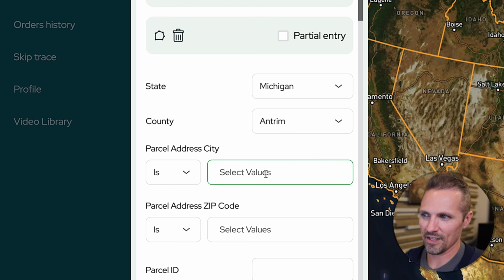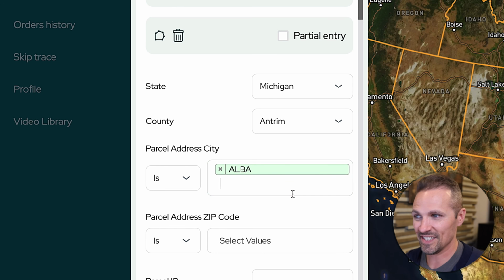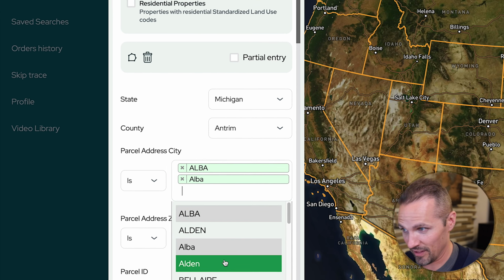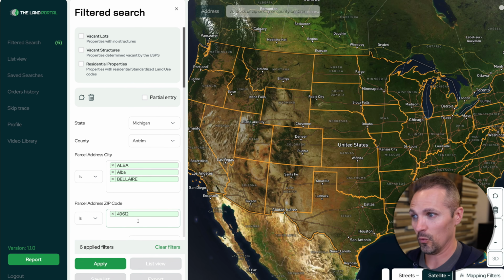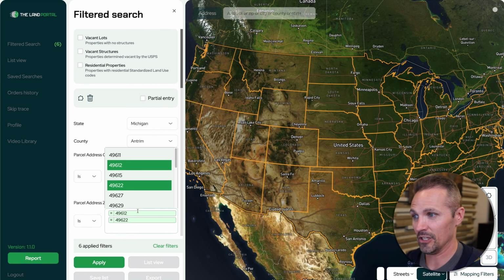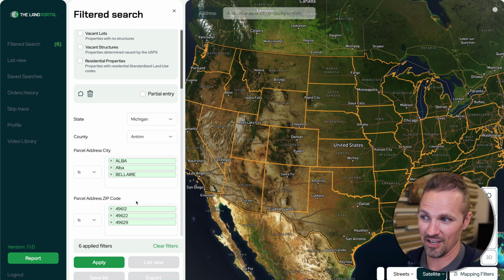And say if you didn't want to filter it just by the county, but you wanted to drill down to one city or a few cities within that county, you can do that as well. And or one zip code or a few zip codes within that county. You can get pretty specific about it, which is awesome. I know a lot of times people do their pricing or searches based on certain zip codes, not by the